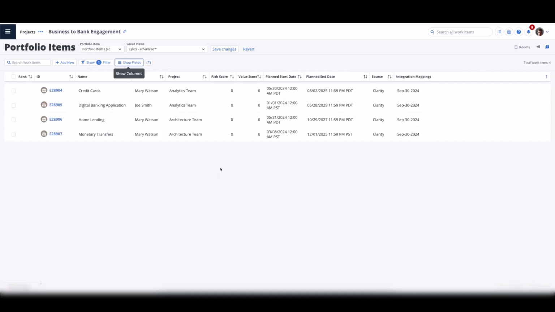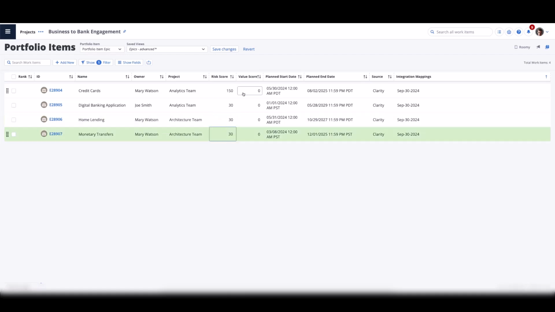Okay. All right. So I've just got my two things here. Remember, risk score is going to be going from Rally to Clarity. So I'm going to go ahead and set credit cards to a 150. Now, if you remember, 150. And I'll go ahead and set these guys to 30. Those are well within the range.